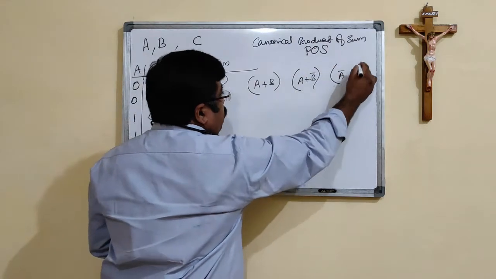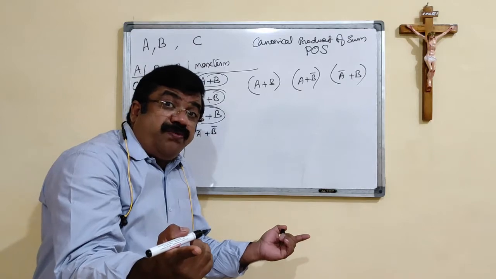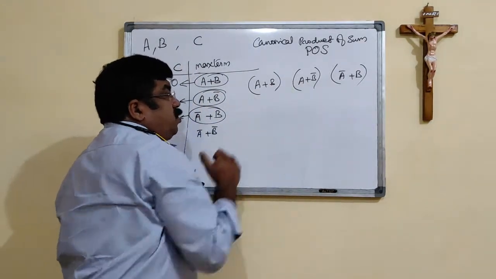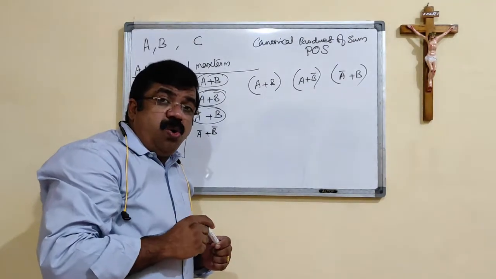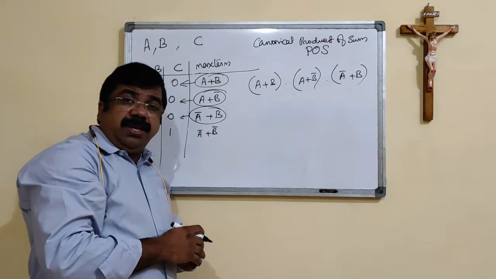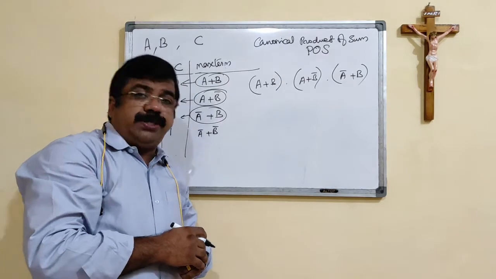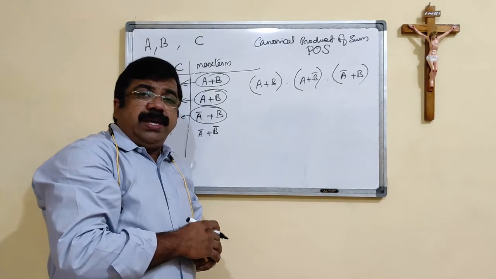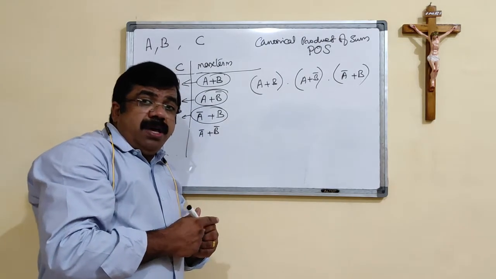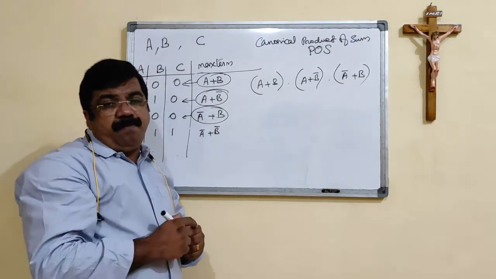Then as the theorem says, it is product of the sum terms. See, these are the sum terms which are having an output 0. They are all multiplied each other. So we say it is canonical product of sums. Okay. As we did in the previous case, we can make them in the summarized form. What do you say? In the shorthand form.